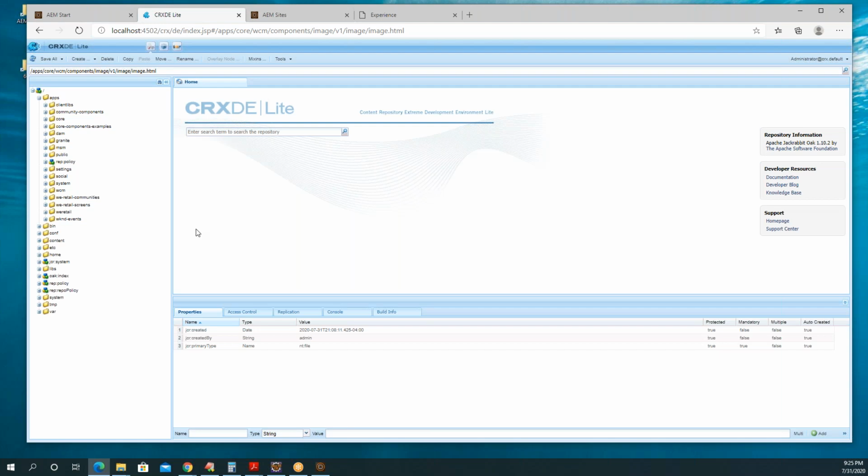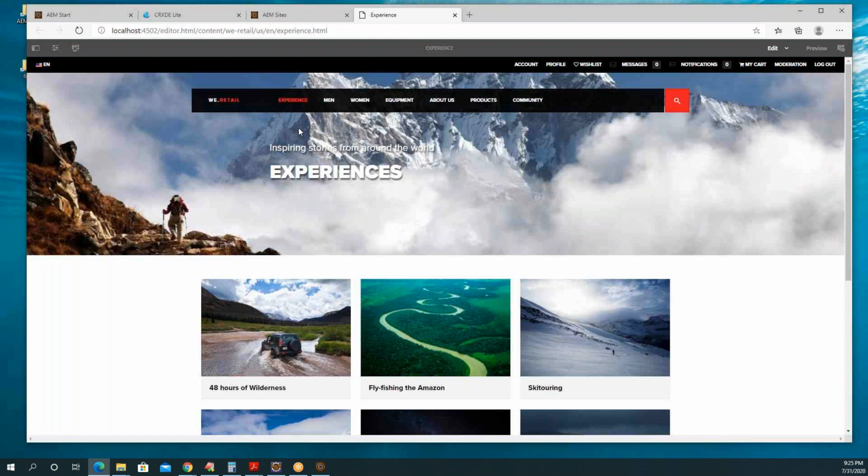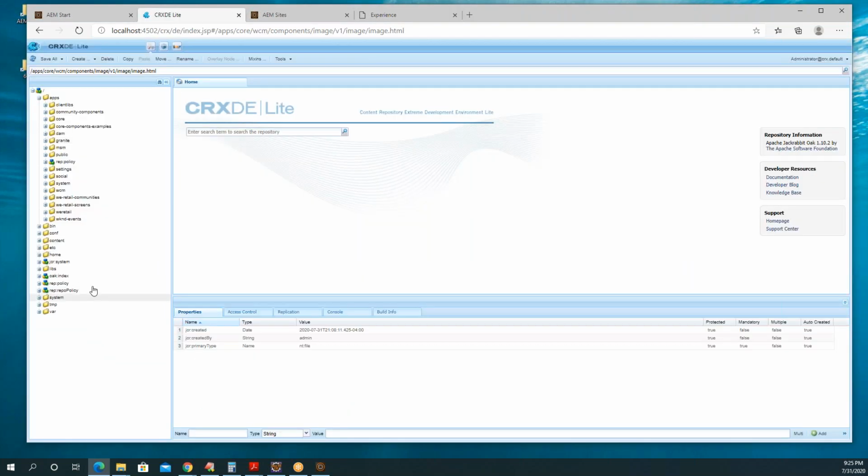Close this. There is a folder called WRetail. In this version, they have introduced the sample website, WRetail. Expand it. You will find some folders like components, clientlibs, but there is no folder for templates, correct? For this website, they have not used any static template.